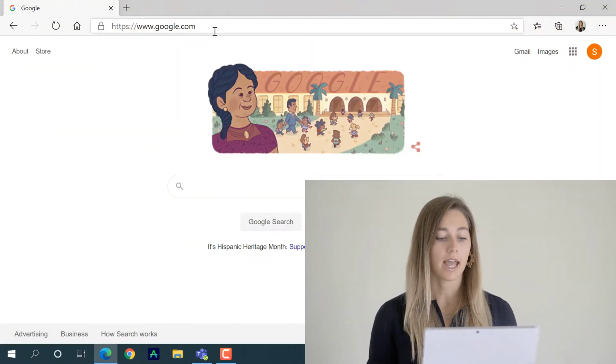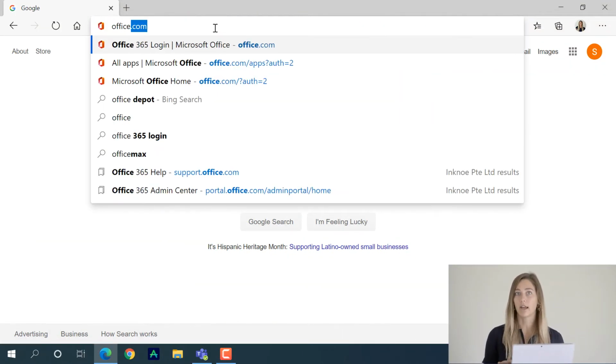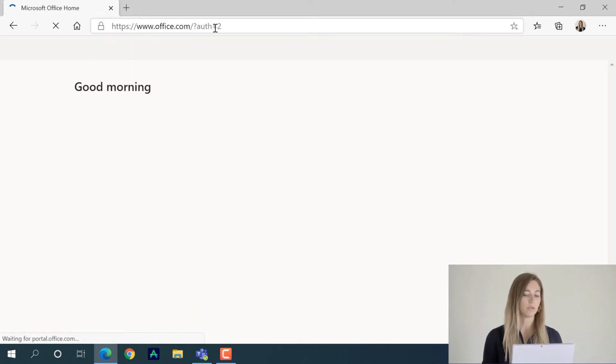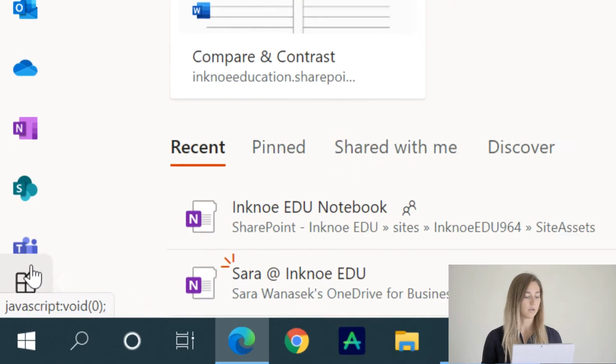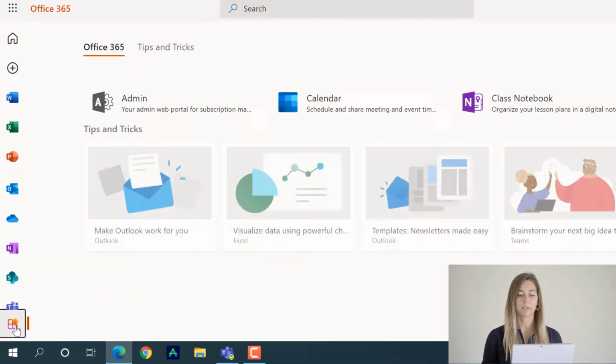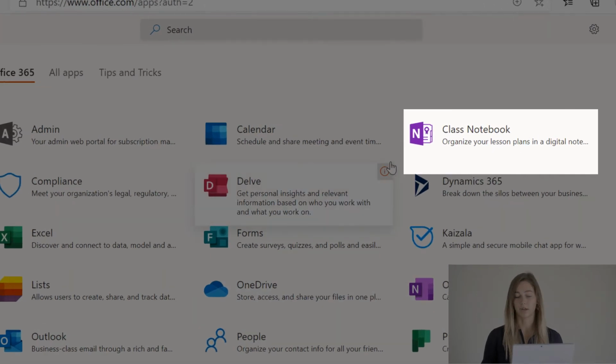However, I can make these spaces a little bit more restricted so that only students assigned to that section are able to edit that section space. This is useful so that students aren't mistakenly editing the wrong group project. To do this, we can go into office.com. In office.com, you can log in and we need to go to the Class Notebook application. If it's not in your ribbon on the side, you can click at the bottom into All Apps and find the Class Notebook application.